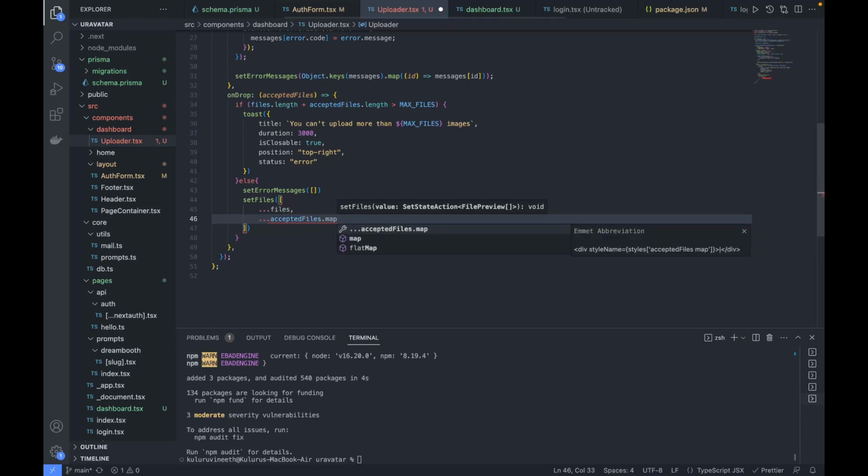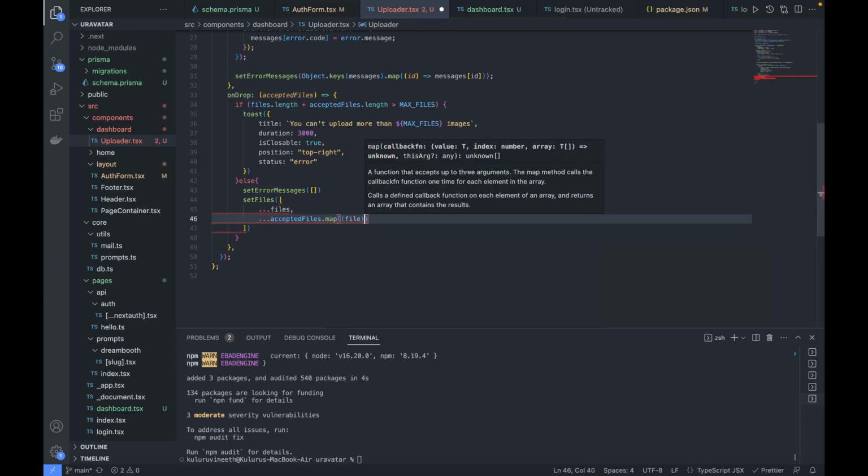We will map each file, and here I have to create one utility function to create a preview image or blob URL of what the user has uploaded, so that we can showcase that uploaded image beneath